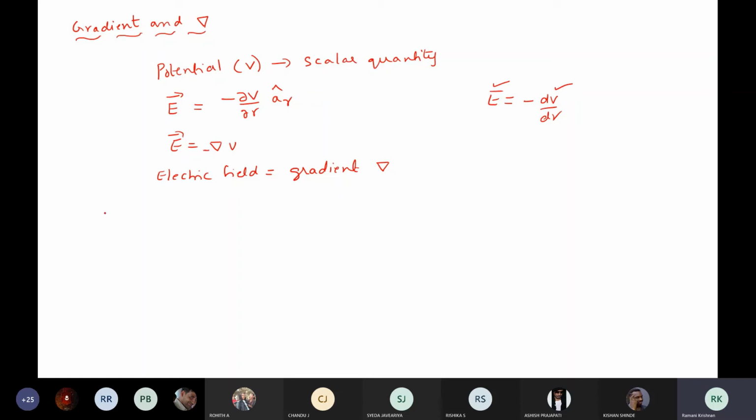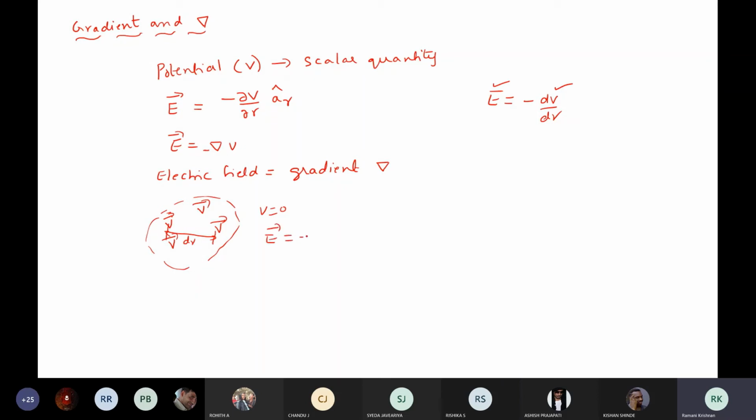Now, for example, I have taken a region. This is the region. The potential is there. This electric potential is there everywhere. But it is what quantity? It is a scalar quantity, right? Now, if the potential is everywhere the same, then the field is 0. But if there is a difference in potential with respect to distance, this is at higher potential, this is at lower potential, then I'll get an electric field.